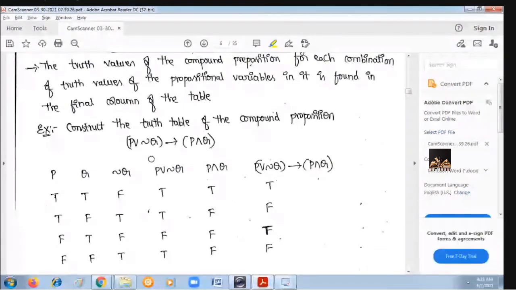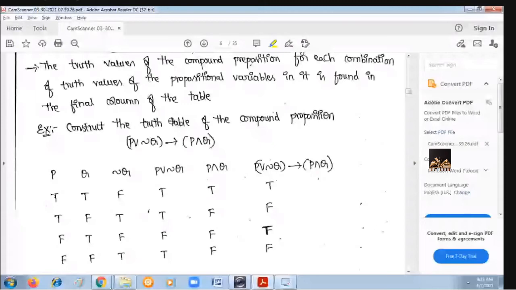Here we have two variables and we have a disjunction, negation, conditional statement and a conjunction. We have all these different connectives that we can use between different variables. That is a compound proposition. Let us see how to design the truth table for this.